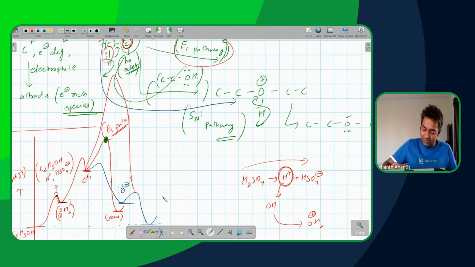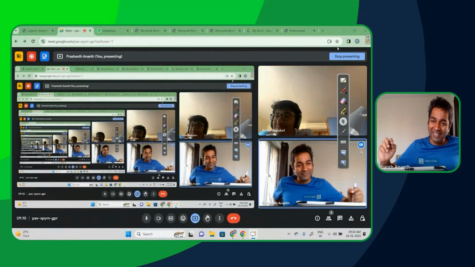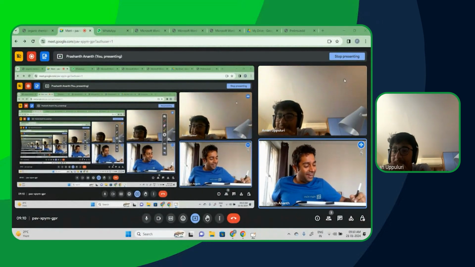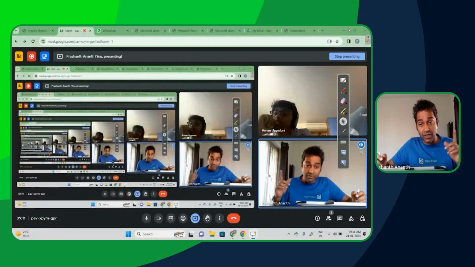This extremely weird path here, which goes up over there. I have not even put down the ending because I have to think where the ending will go, and I don't want to commit to something randomly. The idea here is that the pathway is going to be very high in terms of activation energy. Why? Because something which is not normally going to be giving away electrons is giving away electrons.